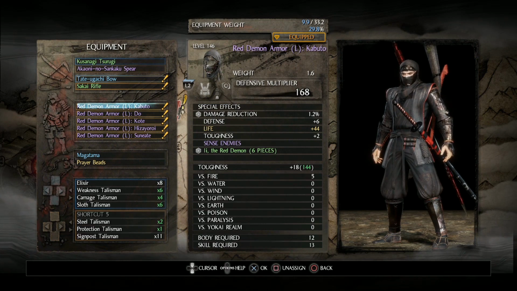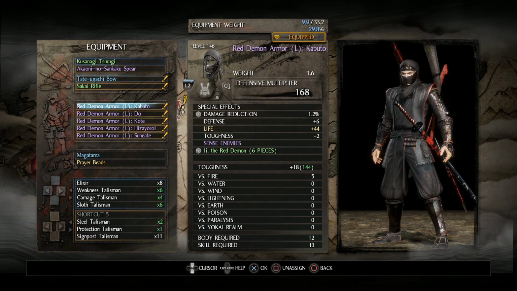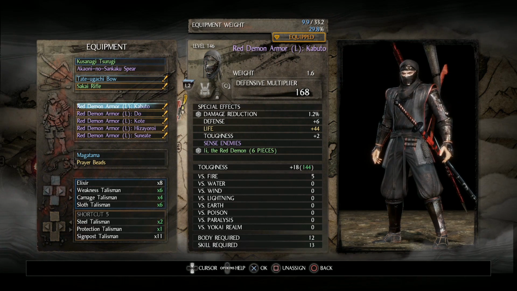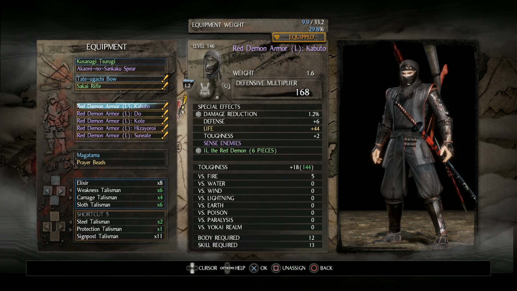But wherever possible, I've tried to reforge for defense, life, toughness, and ki. And the reason for that is the increased light. Because you've got light armor, you take a lot more damage. The more toughness and the more life you have, the less that damage impacts you. The more ki you have, the more damage you can put out without having to stop. And this build is all about putting out a lot of damage fast, stun locking enemies with that fast damage,